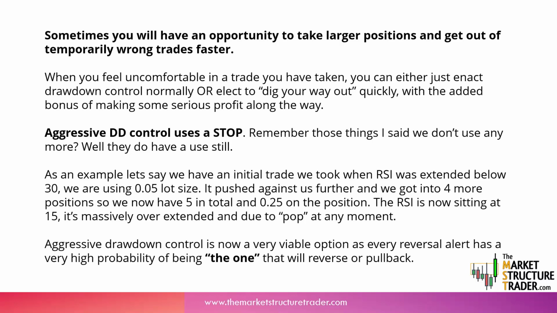Okay, so sometimes you'll have an opportunity to take larger positions, and it allows you to get out of the trades faster. Now, aggressive drawdown control is a last resort trade. Now, I tend to use these when we are in a squeeze like that US dollar yen, and the squeeze has been going on for usually 2 to 3 ADR above what I would expect it to be,